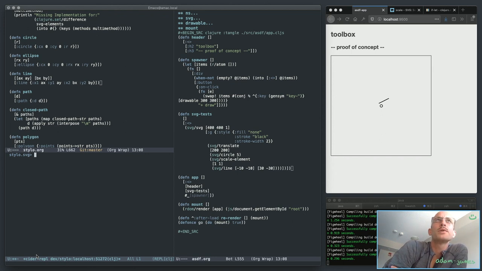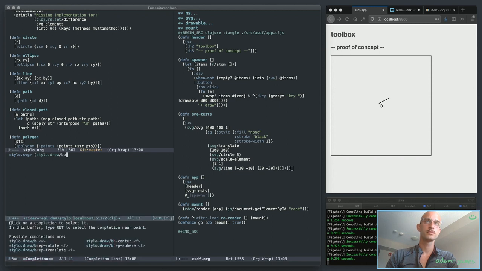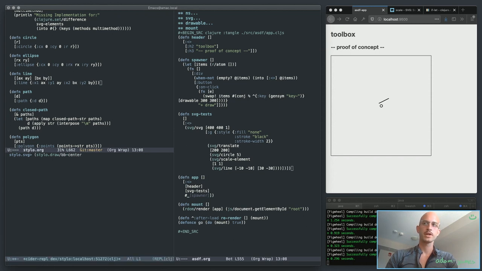So, right. I've got this here, bounding box center, that takes points. Right, so if I do 0, 0, 1, 1, this should give me half, 0.5, 0.5. Okay, so